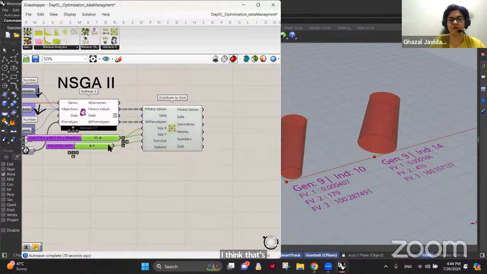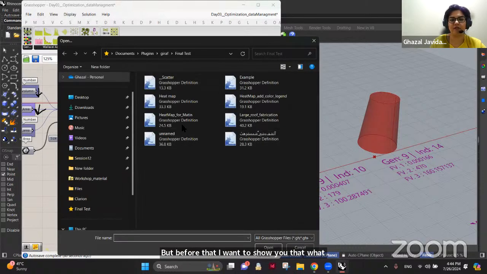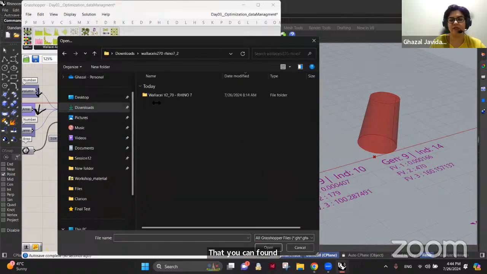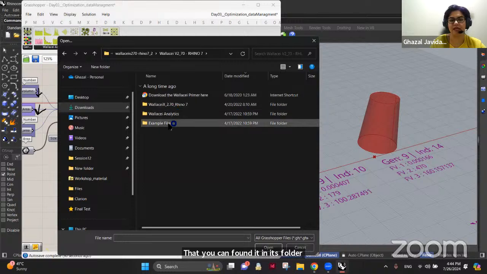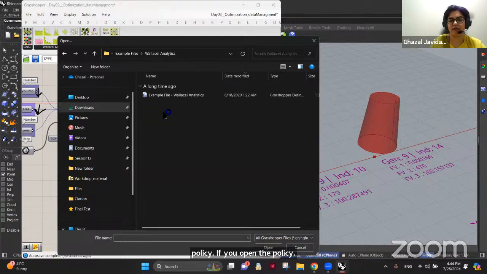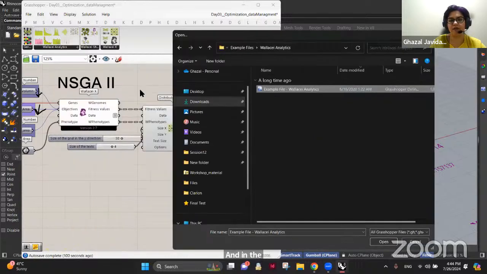We are going to go into more analysis with Giraffe, but before that, I want to show you that Wallacei has a lot of analytical components that you can find in its folder. When you download Wallacei and open it, you see the example file, and in the example file in Wallacei analytical, you see here. And if you can open this file,